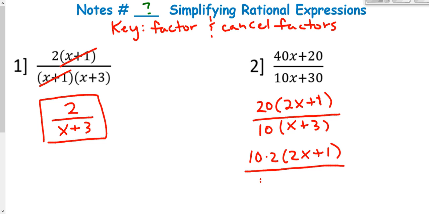And then the denominator is 10 times x plus 3. So notice that we have a factor of 10 on the top and a factor of 10 on the bottom, and the top is just factored something times something times something. The bottom is just factored something times something. So we can cancel the 10s, and then our answer is 2 times the quantity, oops, try that again, 2 times the quantity 2x plus 1